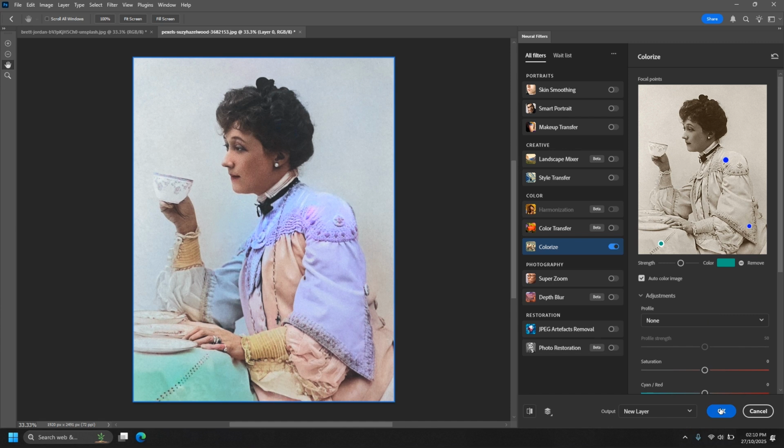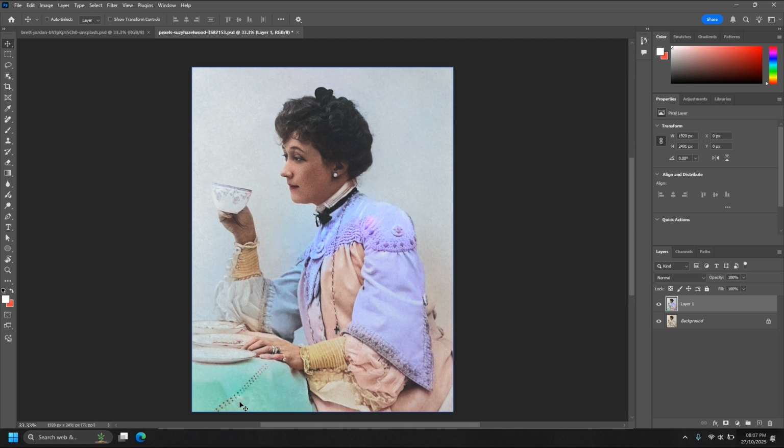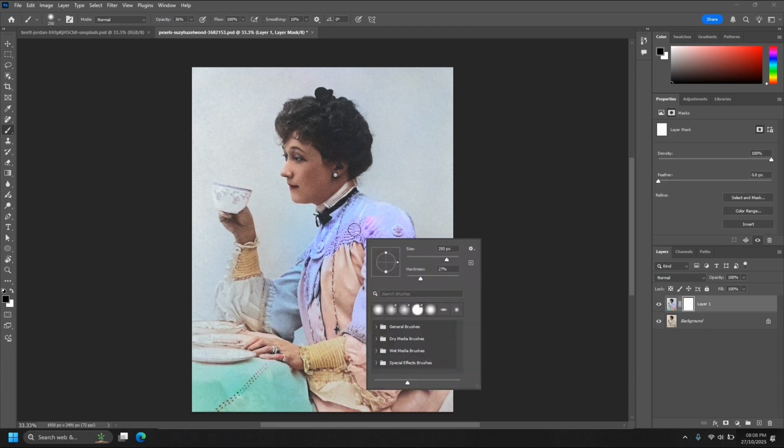Now, click OK to apply the changes. Let's take a look at the before and after. You can clearly see how the colors have transformed beautifully. Let me show you one more thing. If you want to remove or soften any extra color from the image, you can easily do that using a mask. Just click on the mask, then select a soft brush